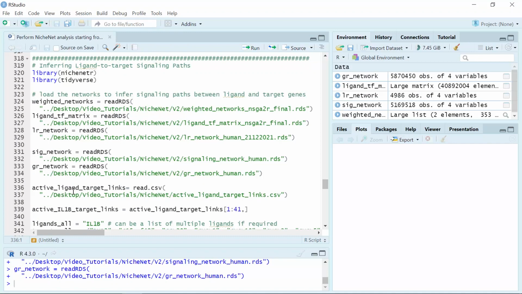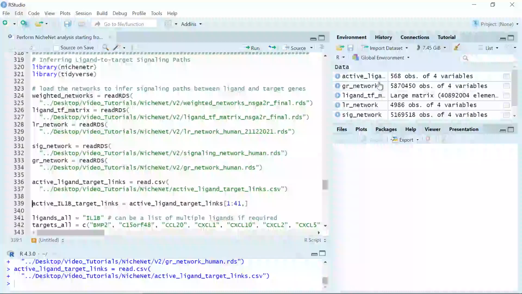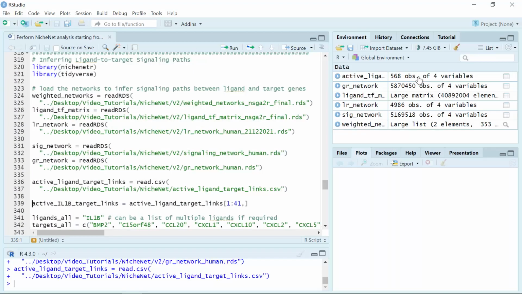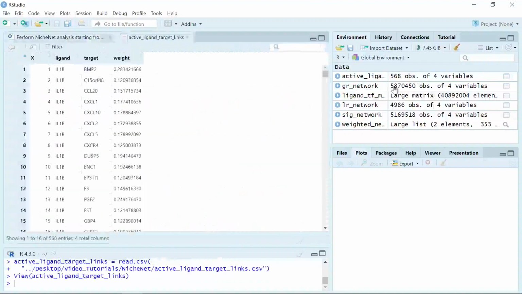So in video 2, we performed the NicheNet analysis, and we identified the target genes for the top 20 ligands from monocyte, NK cells and dendritic cells to fibroblasts in IPF lung. I saved the target genes as a CSV file for the top 20 ligands, so we can read this CSV file back. You can see here we load the target genes back into R. So let's look at the target genes. You can see the ligand column has the top 20 ligands, and the target column has the target genes